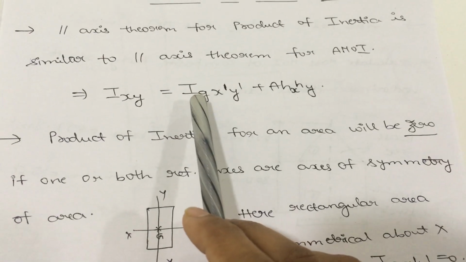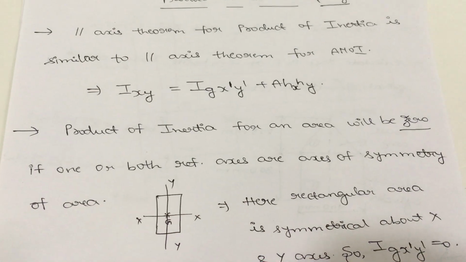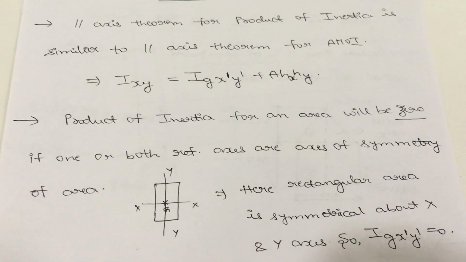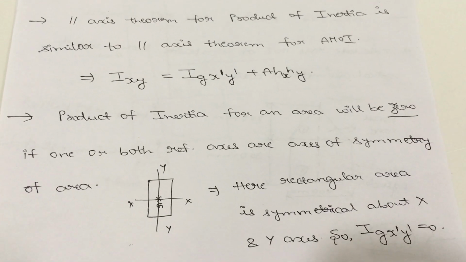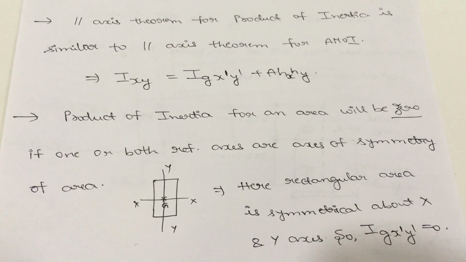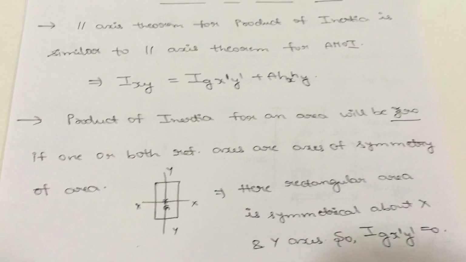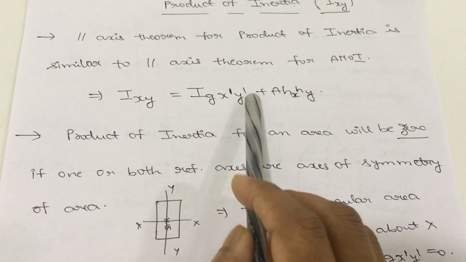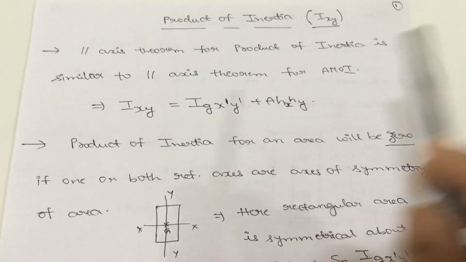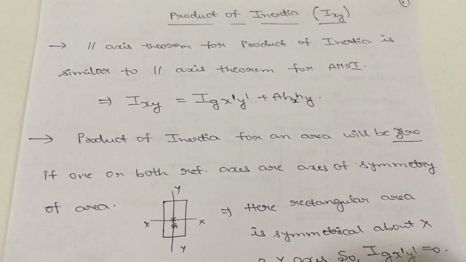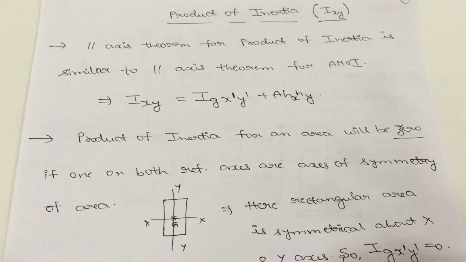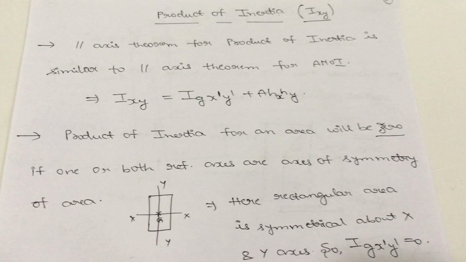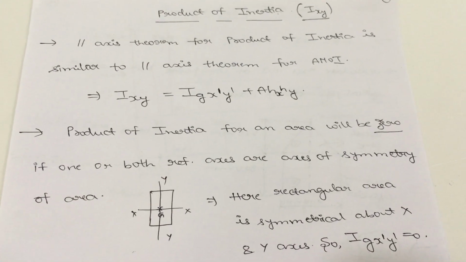In most of the problems you will get a combination of triangular sections, rectangular sections, I sections, L sections, or channel sections. Those all come from rectangular plane figures only. So for such plane figures, in the problems you will mostly get this term as zero. Now this is the second difference. With these differences you can apply the parallel axis theorem to the problems, and you can calculate the product of inertia for the composite sections.